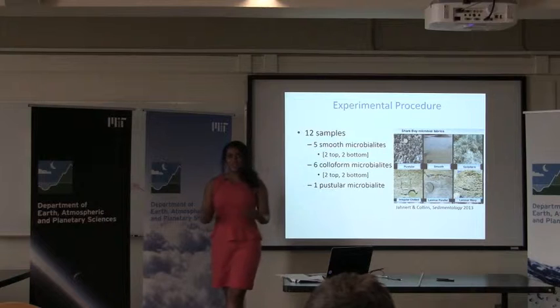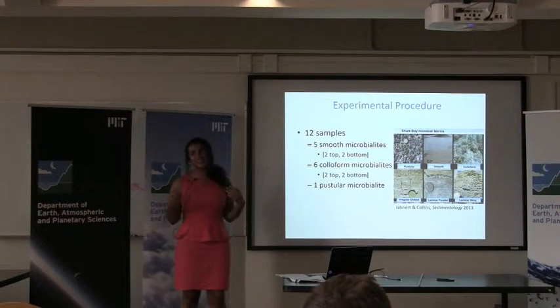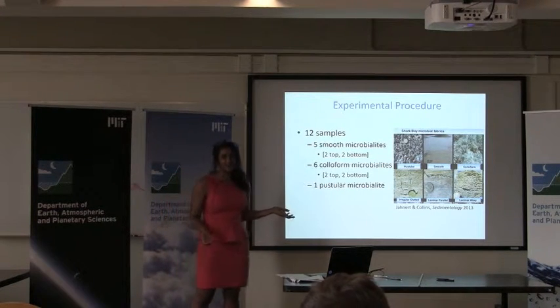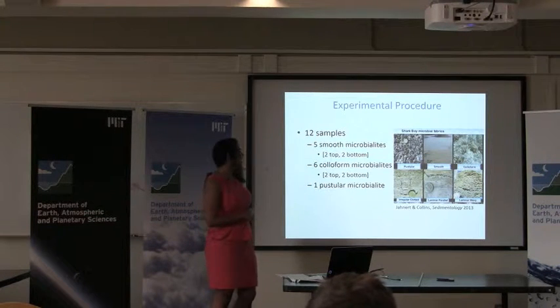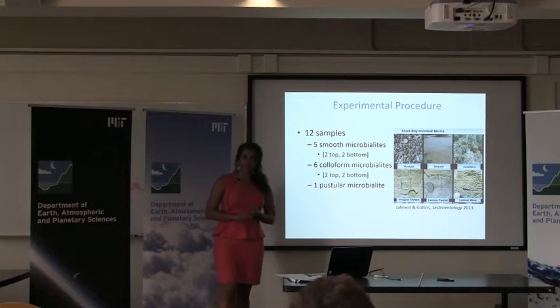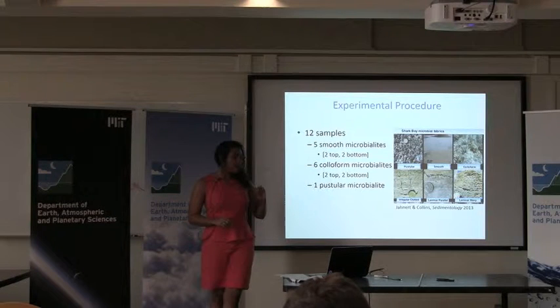So now I can finally go into what I actually did. Unfortunately, I did not get to go to Australia, but I got the freeze-dried samples, just as good. And so I had 12 samples. I had 5 smooth microbialites, 2 on the top, 2 on the bottom, 6 colloform microbialites, and then 1